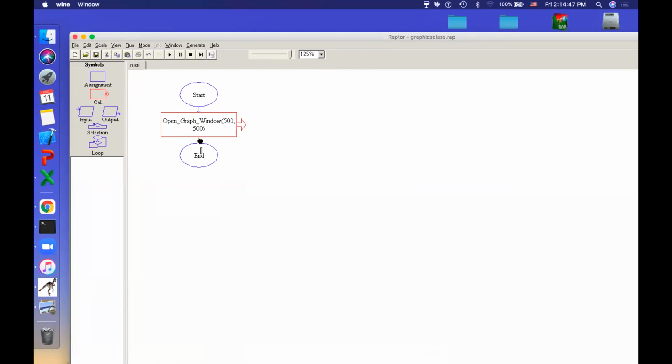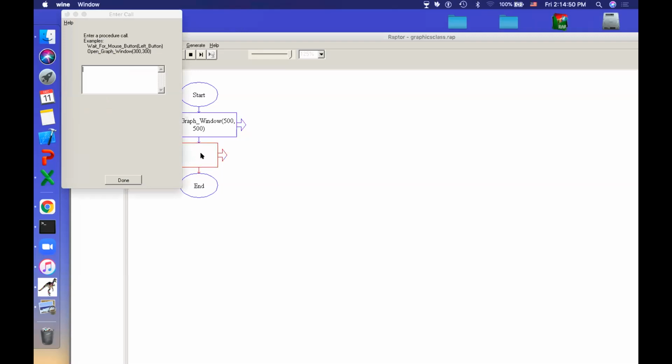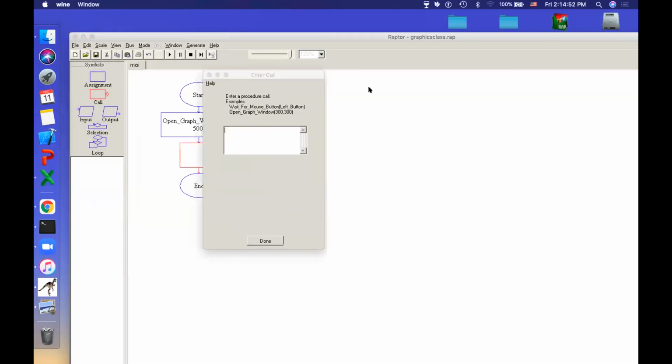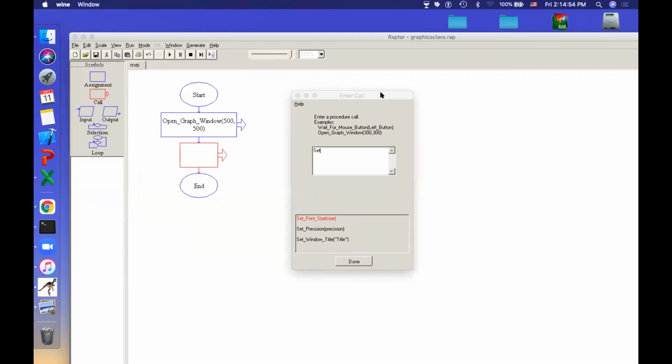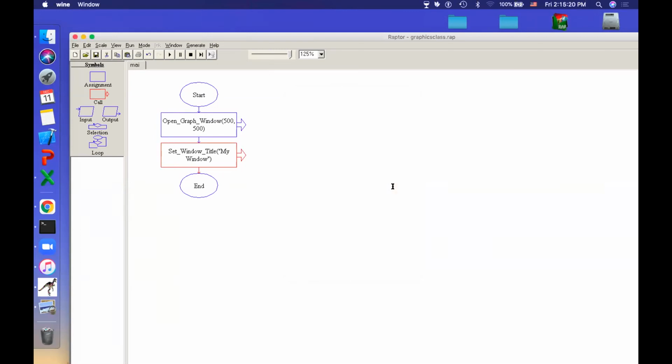So I will call it again, and I will write something like this: set window title. You see here on the bottom, you will have this set window title, and it is giving title itself. So instead of the title, what I will do is maybe I will write something like my window. My window. I just close it.